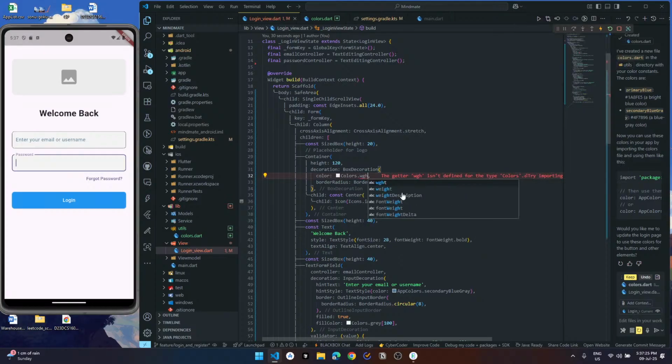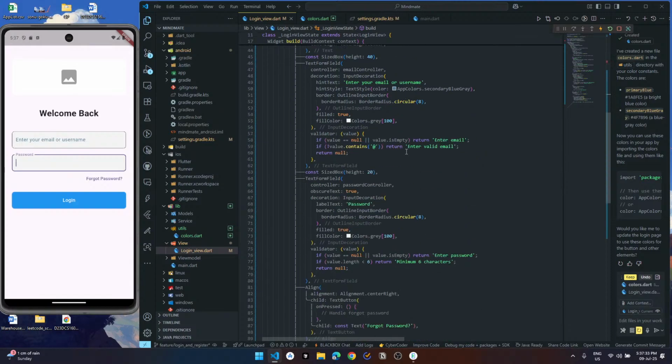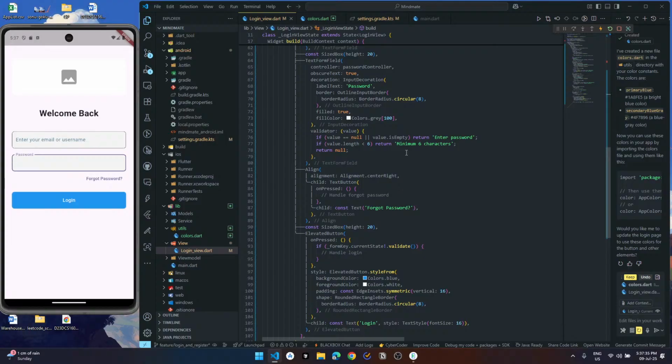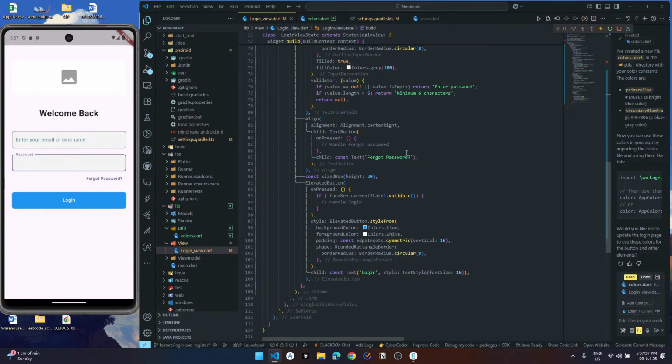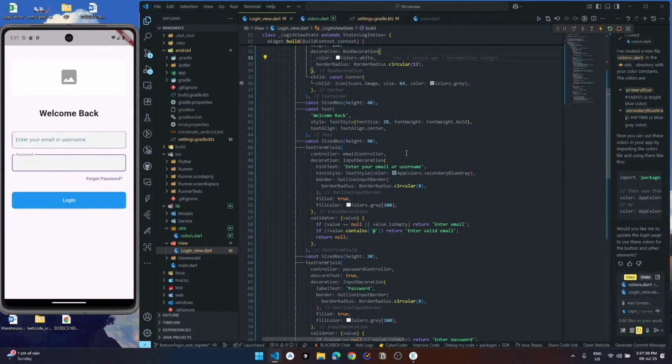We need white, then use white. Okay, so need to change this background color right there.